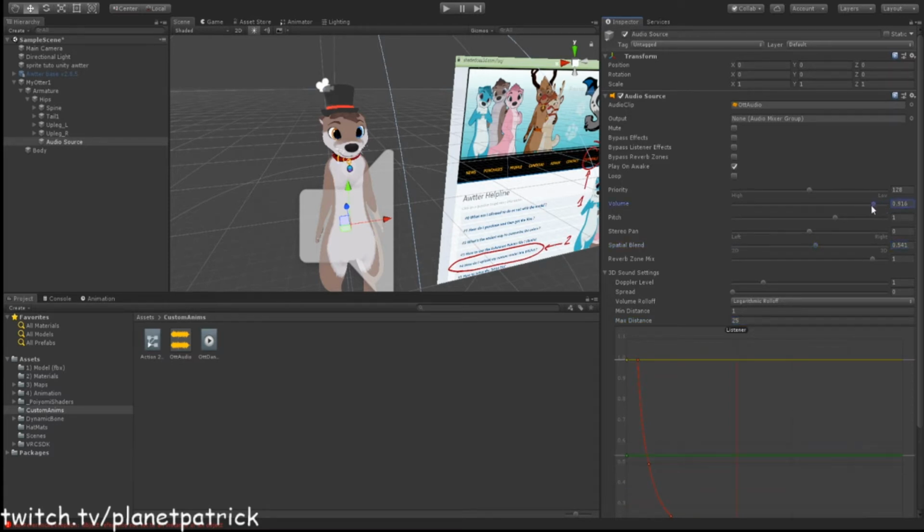Volume you want to boost it up a small bit, and also make sure play on awake is checked, which it should be. Now, and also you want to check this box so it's hidden, so that way it'll only activate when the